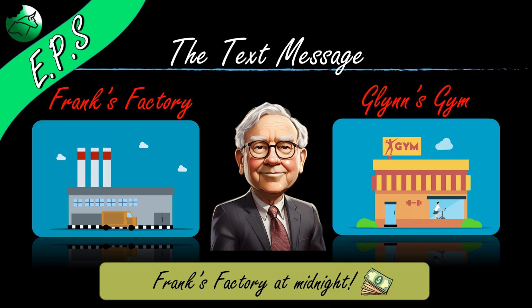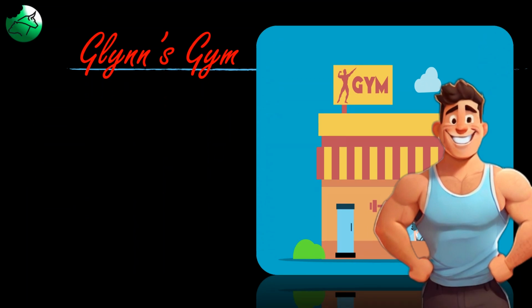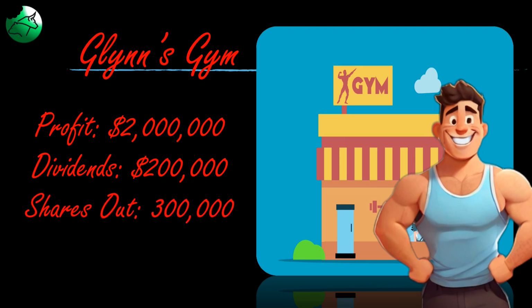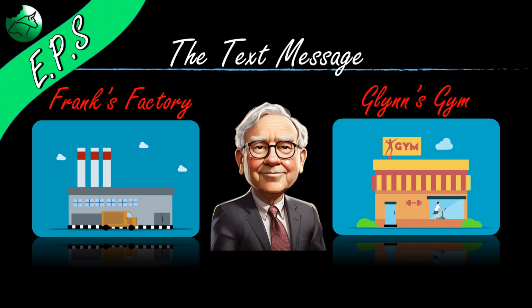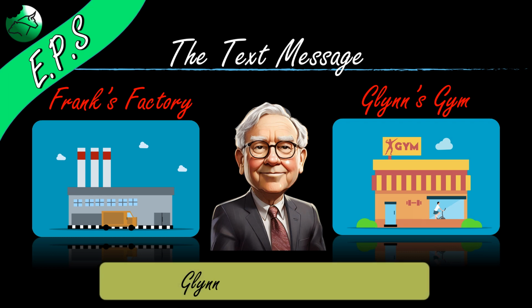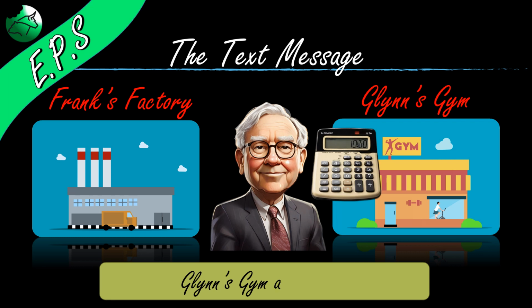"Ha!" laughed Glyn. "Let me tell you about my company. My gym has a net profit of $2 million," and he rudely mocked Frank for his lower profits, and with an air of superiority he told them both he too had paid out $200,000 in dividends, and that he had 300,000 shares left outstanding. Aaron Muffet typed something else into his phone, and then whipped out a pocket calculator and said, "Now, let's work